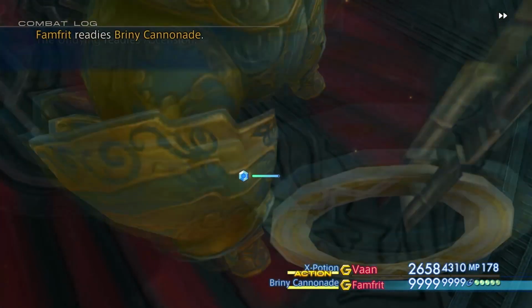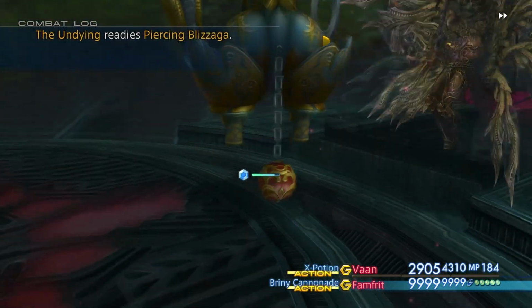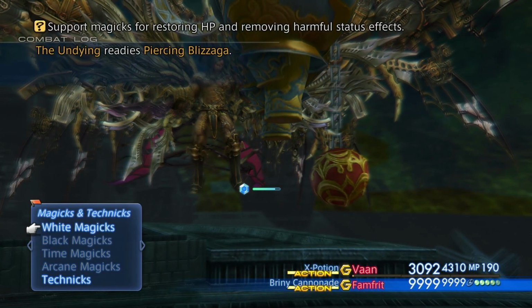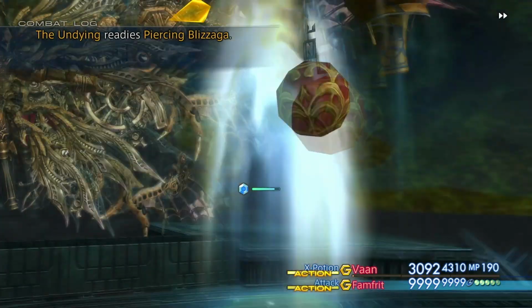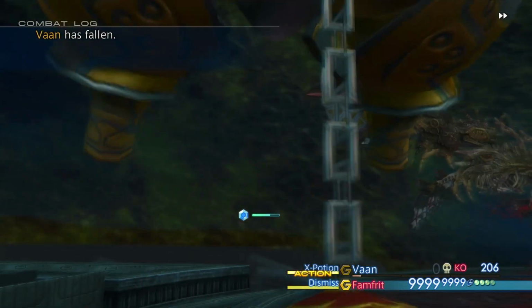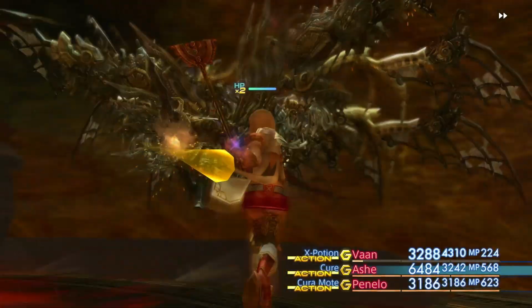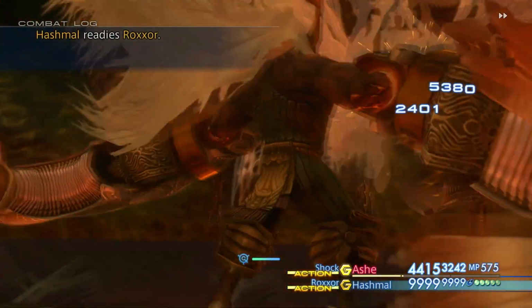So, on my next attempt, I have Vaughn summon Famfrit when the Undying brings up his barrier. And Famfrit has 9,999 HP? And can cast Renew? This is good. It definitely delays my party getting devastated, but Vaughn himself goes down because spamming X potions just isn't enough to keep him alive. But I managed to bring him back and make it to the Omni Barrier phase, so next